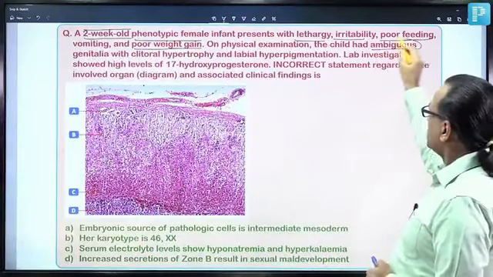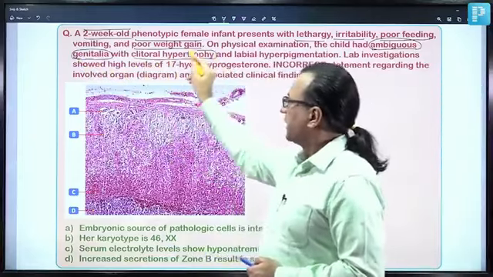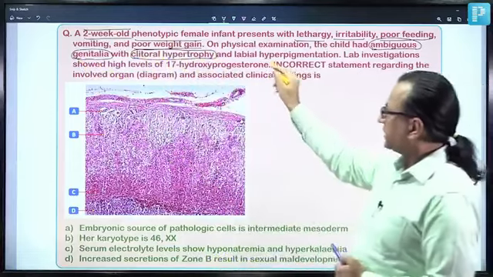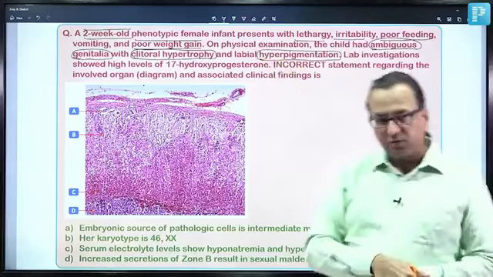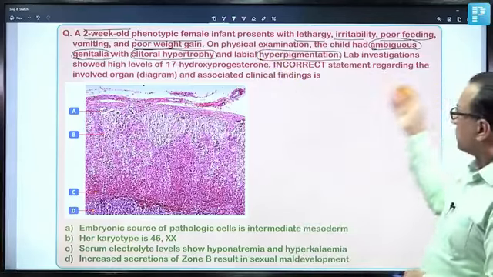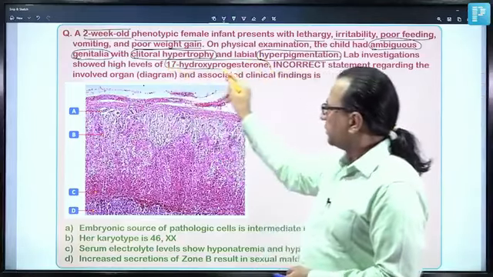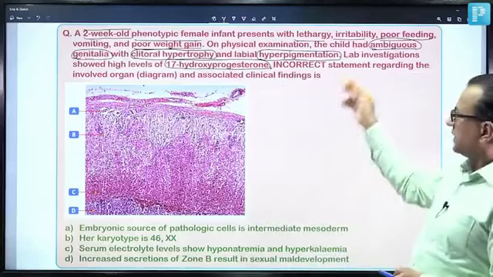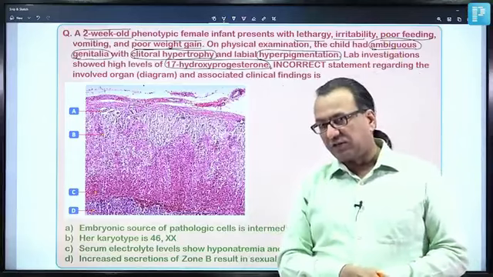there is also clitoral hypertrophy. That means there is some masculinization happening in the girl child. Plus, there is some hyperpigmentation of the labia region. Now, when we were doing the lab investigation, it was seen there are high levels of 17-hydroxyprogesterone, meaning androgens have increased, and by this time, we understand it appears to be a case of congenital